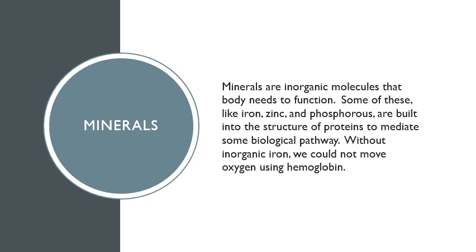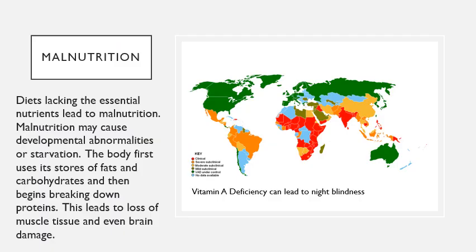So there we go. There are 4 essential nutrients that you need. Any questions on them? When you are lacking in one of these 4 nutrients, that leads to what's known as malnutrition. You could be eating plenty of food, but if you are not taking in these 4 essential nutrients, then you are termed malnourished. You do not have the nutrients you need in order to keep your body functioning. So your body begins to break itself down.